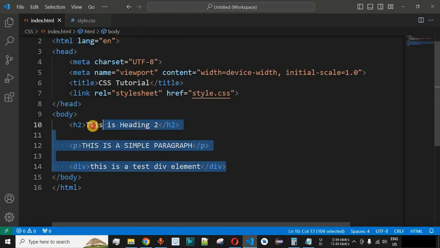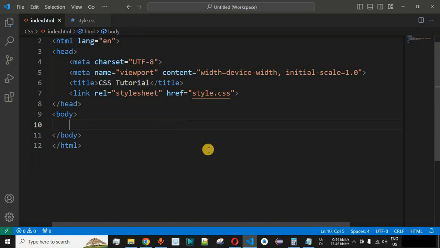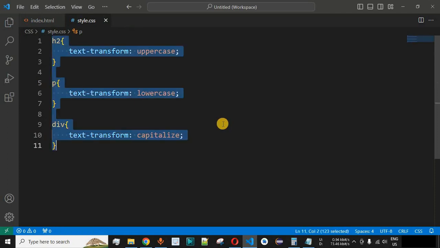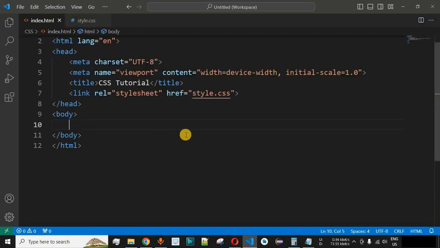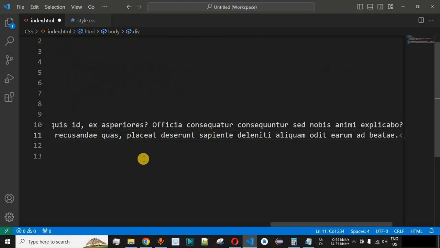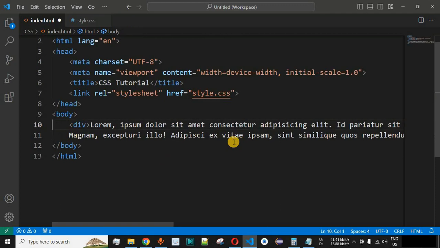So in the VS Code, we will remove the previous lines of code that we had written previously in the HTML file, as well as the CSS file. We will remove all the content. So guys, in this case, what we are going to do is we are simply going to have a div element over here, and inside this div element we will simply generate the text with the help of the lorem emmet abbreviation, and then let's generate multiple sentences. So over here I'll just multiply it by 2 so that random text is getting generated over here.